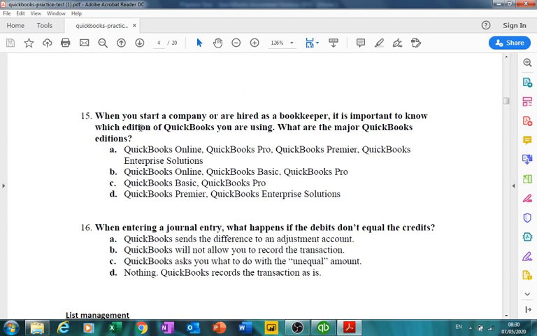15. When you start a company or are hired as a bookkeeper, it's important to know which edition of QuickBooks you are using. What are the major QuickBooks editions? We have here the editions of QuickBooks. The answer is QuickBooks Online. You can go for QuickBooks Online on the internet. You can click here on Google or on the browser, and you can go for QuickBooks Online